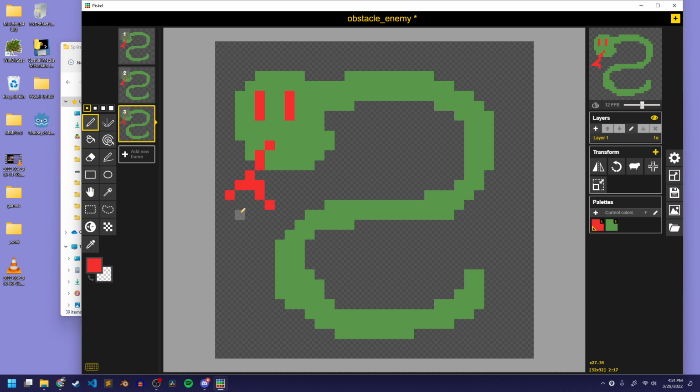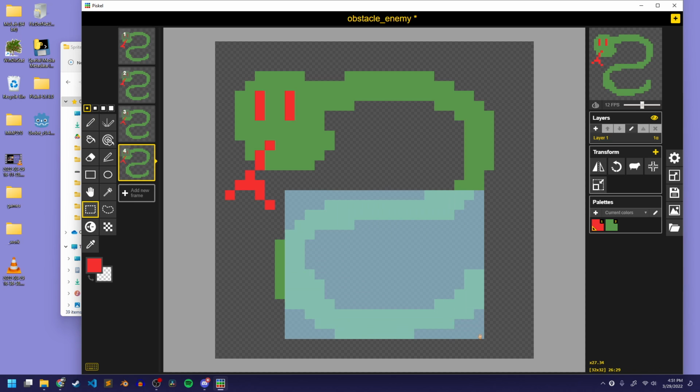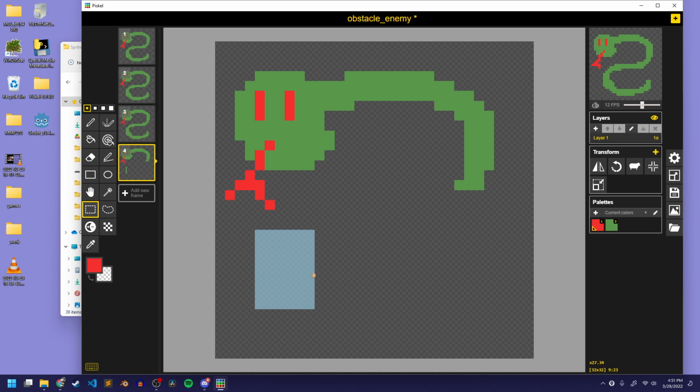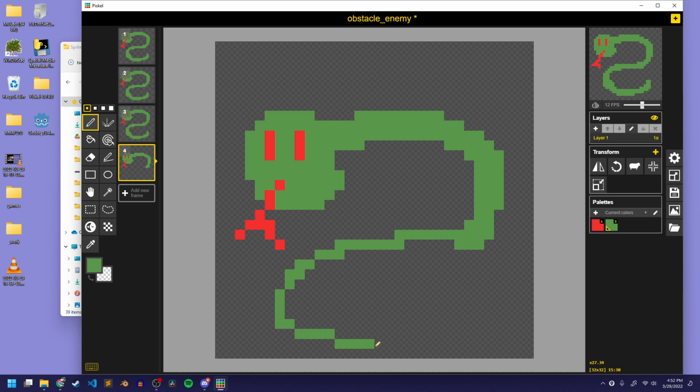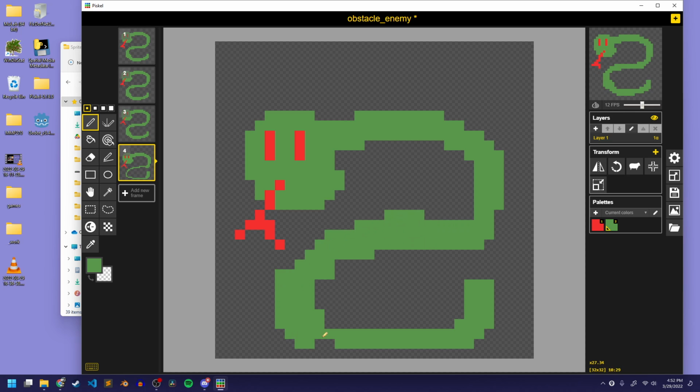And maybe I want to move the snake a little bit. So let's add another one. And I'll keep his head the same, but what I'll do is just delete the bottom of his body and bring the head a little bit down. So let's grab the green. Just for the idle animation, just to make him a little more alive, he'll just compress in this little frame here. Okay, this looks kind of goofy,